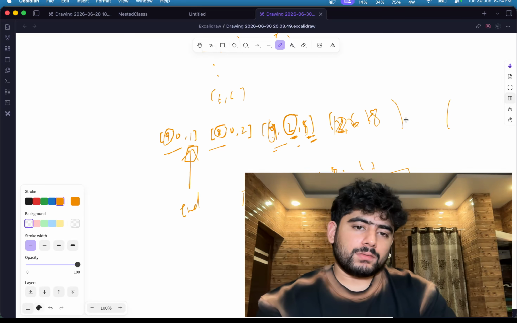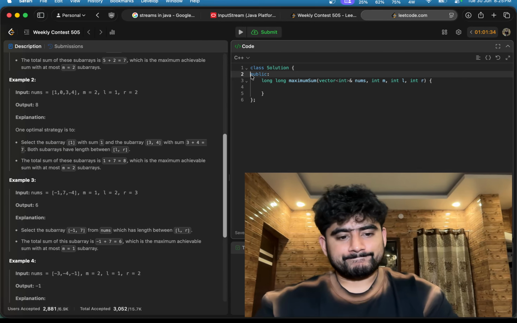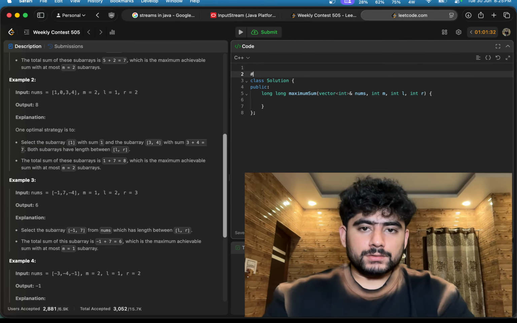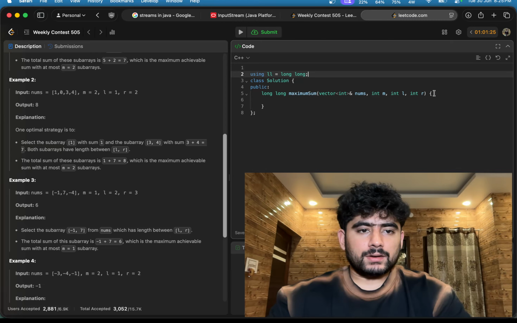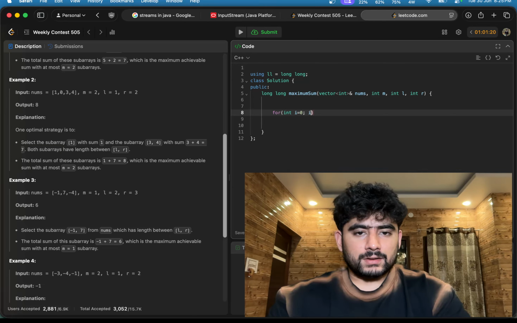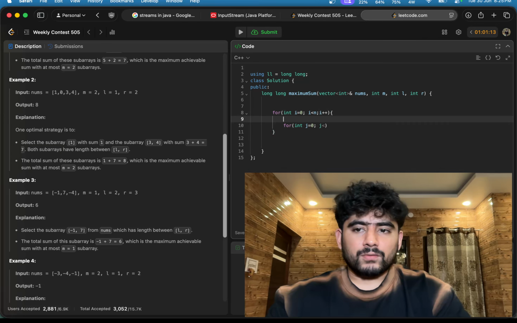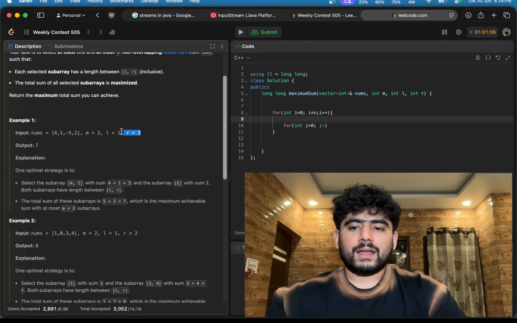So yeah, let's see, write the code for this. Let's see if it will work or not. Using LL equal to long, firstly we are going to generate all the possible subarrays, with a for loop of i plus plus and j equal to 0, j less than... like we don't need to generate all the possible ones, because we have to generate only those where the subarray size is in the range of l